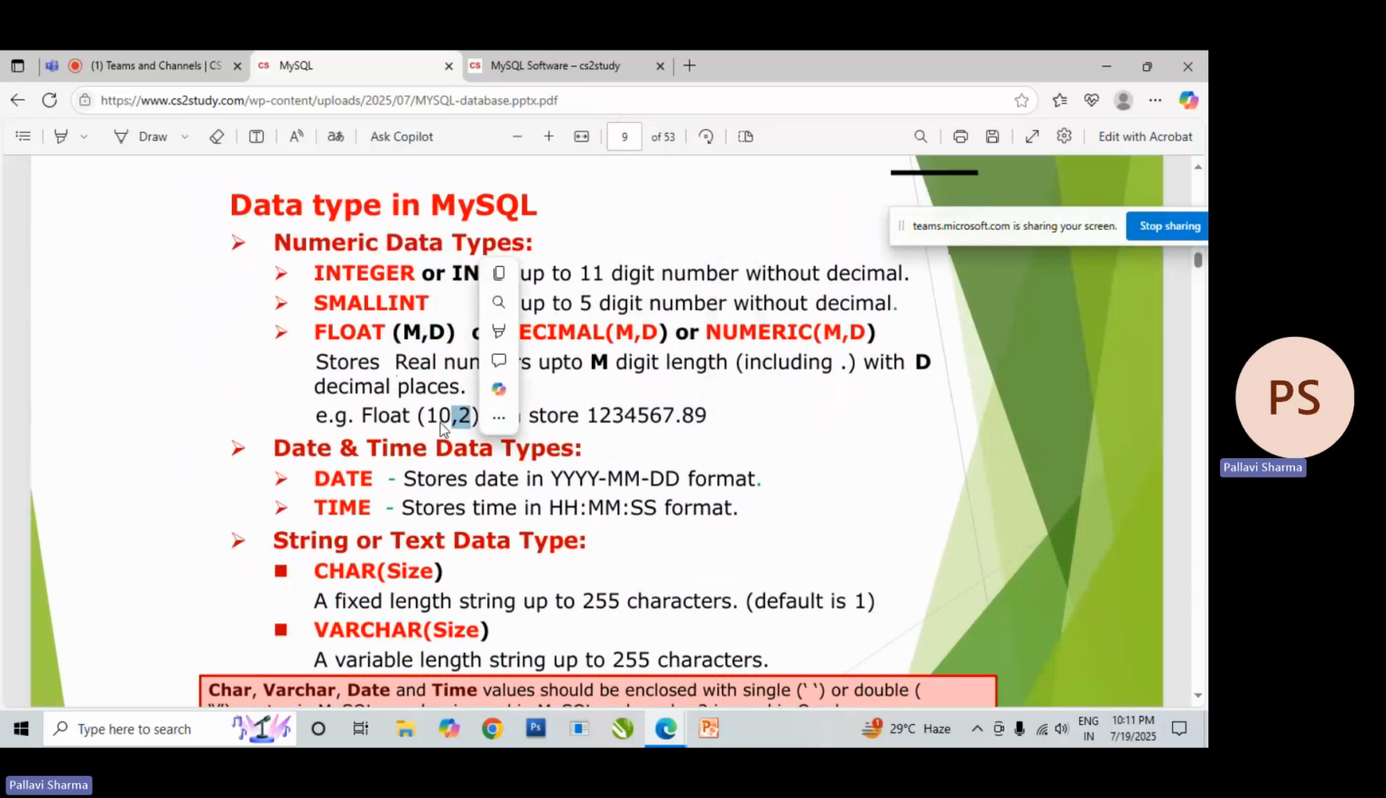This is specifying 2. Total number of digits kitne? 1, 2, 3, 4, 5, 6, 7, 8, 9, suppose 10 also. So the total number of digits is 10 and I am fixing only 2 for